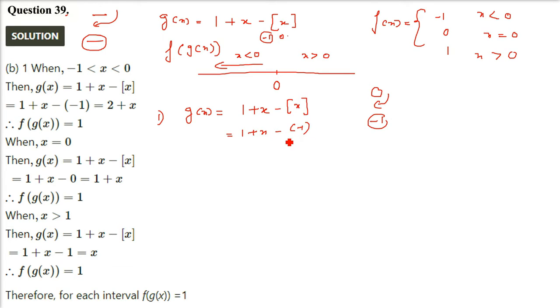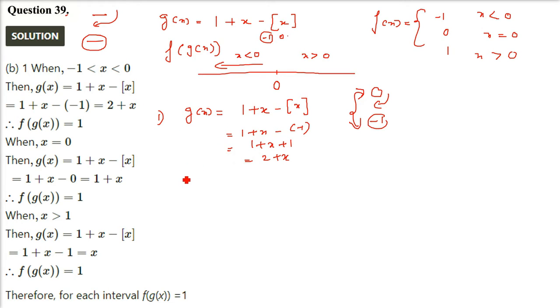So there will be a question, why are you not putting x as -1? Why are you not putting? Because x can take any value below 0. But we have to first tackle this greatest integer function, and that will be only between certain integers. So between 0 and -1, you are going to get -1, any value you put in between this. So 1 plus x and minus is plus, 2 plus x you got. Now this 2 plus x is g(x). This 2 plus x is the value of g(x).